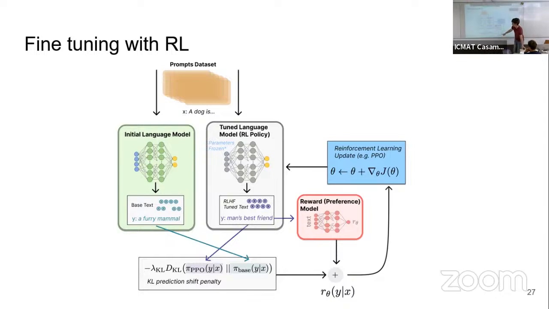But remember that there was another term in the optimization problem which compares the logits of the updated model to the logits of the original one, so as to not deviate too much. So we add them together. This is our output. And then we do an update of gradient descent, but policy gradient descent with PPO. Then we retrain, and it's done.